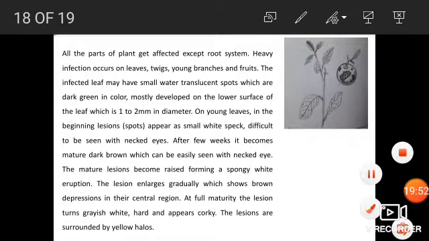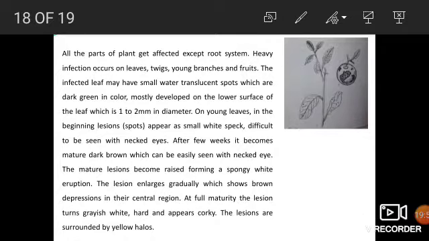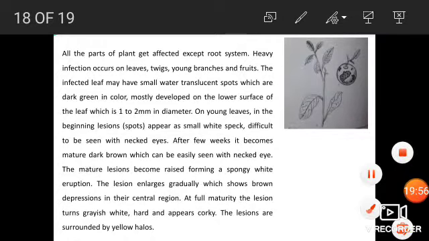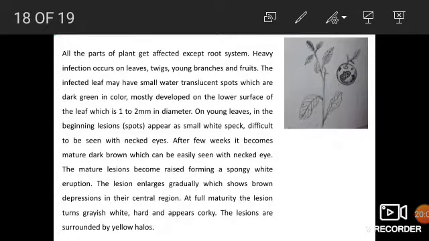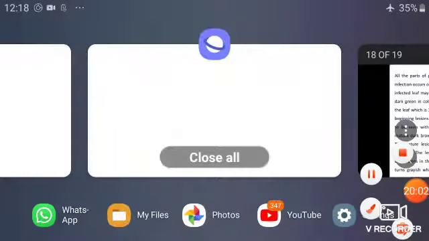So, this is very important, as if you are familiar with the symptoms and the causal organisms, definitely it helps in the